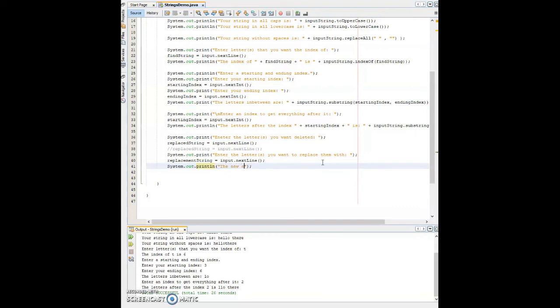Or the new string. The new string is, and then it's the input string. Sorry, I was cut off again. We're doing the replacing of the string. Yeah, here. So the new string is input string